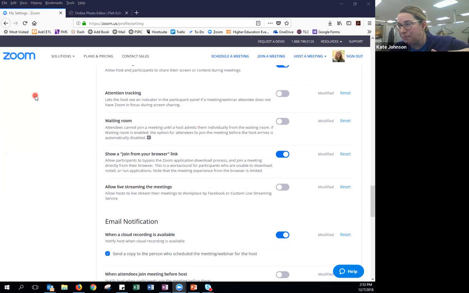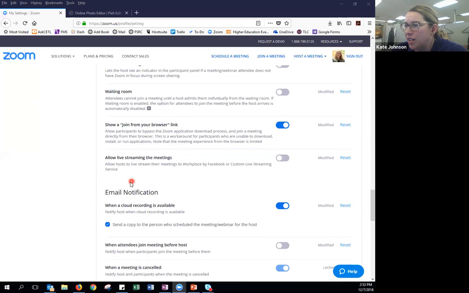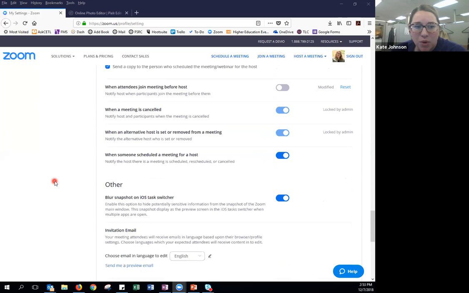Attention tracking, it really only works if you have people registered. But attention tracking essentially says if my cursor is on this screen, that I'm paying attention. But if my cursor is not on the Zoom screen, it says that my attentive score has gone down. Little does it know that I'm working on 3 screens. So join from browser. Yeah, some of this is, we just need to keep rolling here because we're running out of